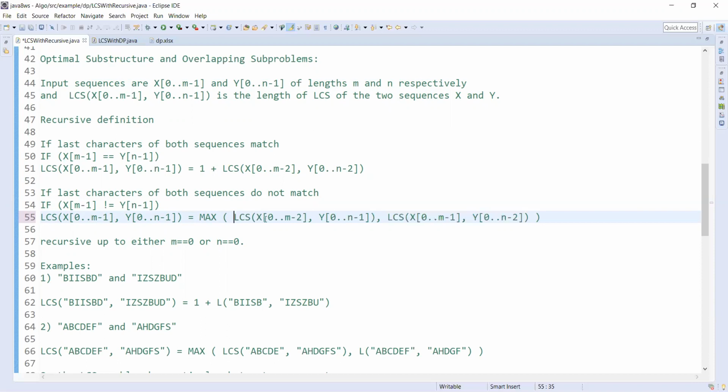Likewise, in other words, take the whole string from the second sequence, ignore the last character of the first string, and calculate the LCS. Then take the maximum of them, because by this time our assumption is that we already calculated the common subsequence.